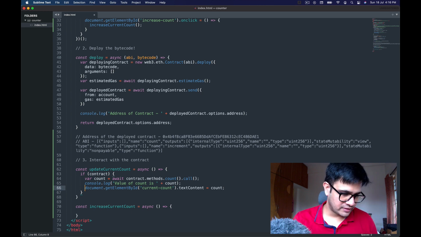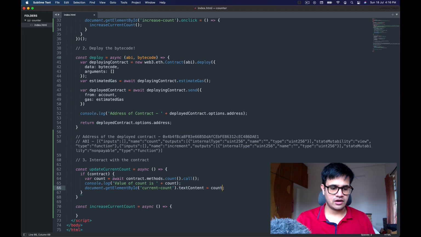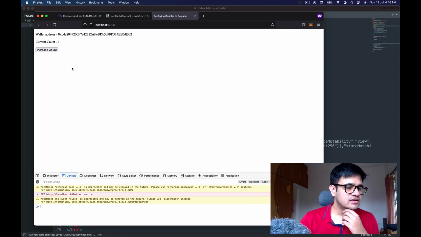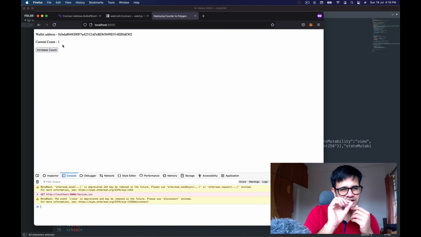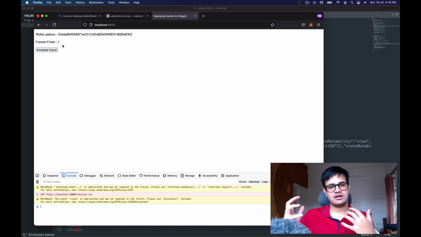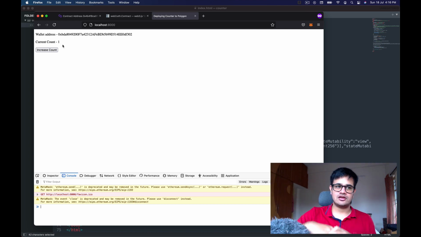So now you can see I am getting the element by ID, current count, and then updating the text content of that to the count. All right, I can just remove the console.log for now and refresh, and it says current count just changed from 0 to 1. I can refresh again and see it. I don't know if you saw this, but it takes just a minuscule second to go from 0 to 1 because it's connecting to the network and then getting the value from there.